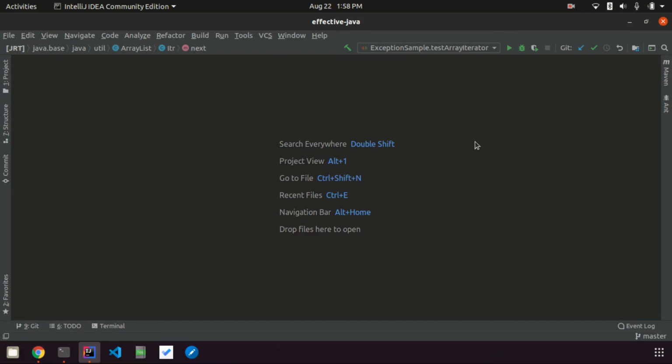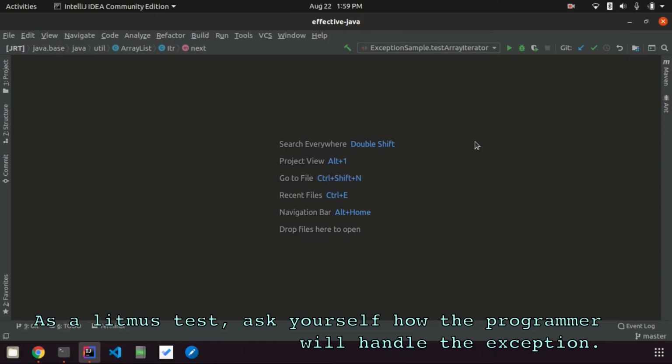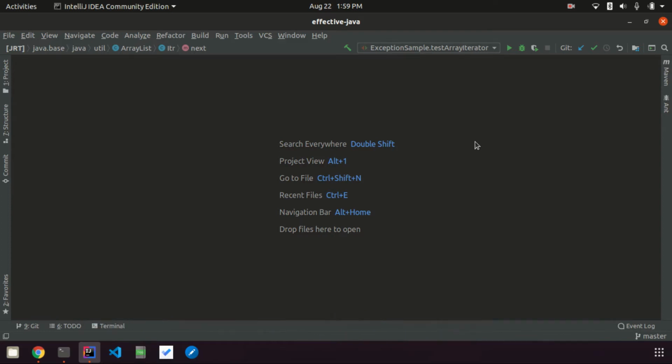So whenever we decide to throw a checked exception, we need to be very clear whether the programmer can handle that exception properly. If we don't have a clear idea how he can handle the exception, then we should prefer an unchecked exception.